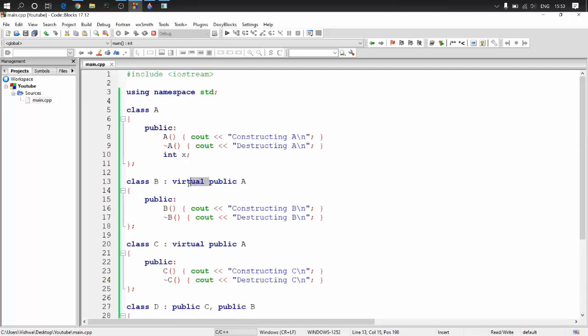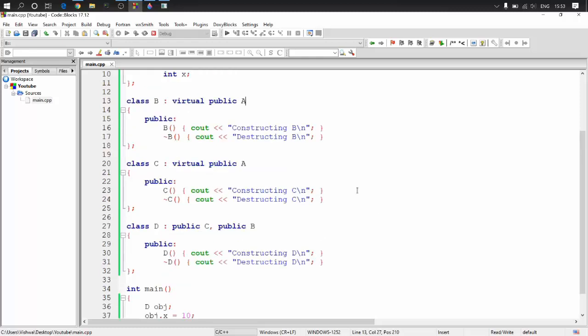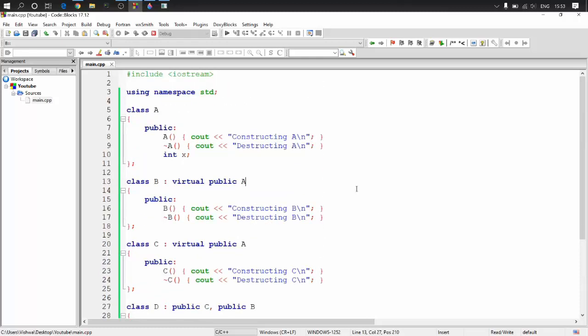And about this virtual keyword, what it does is it will take care of the fact that there exists only one particular copy. That is what virtual means. So for something called abstract classes, which we are going to discuss in the next video, the abstract classes are basically a kind of base for creating newer classes. Now the abstract classes need not be virtual, right?